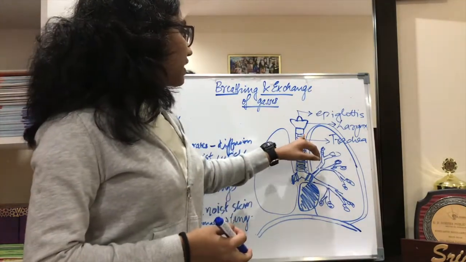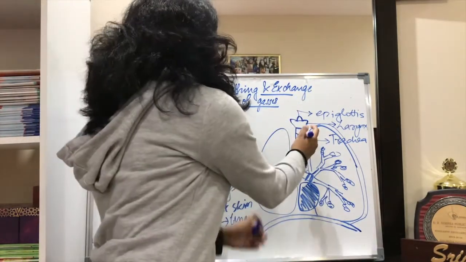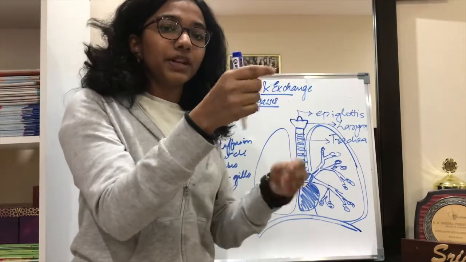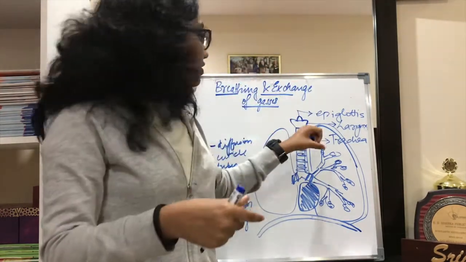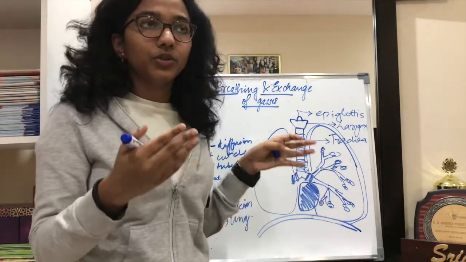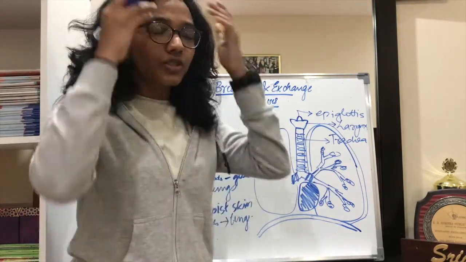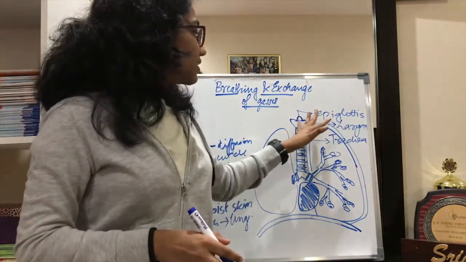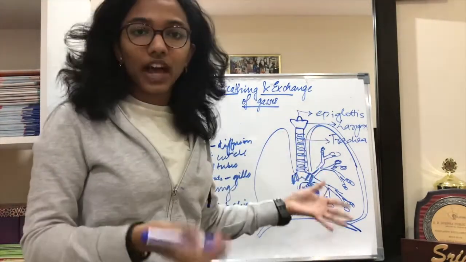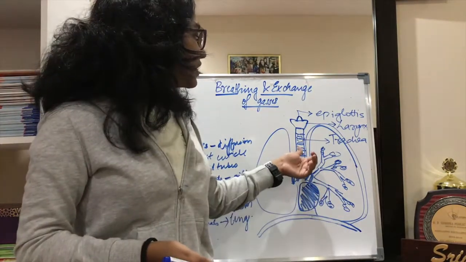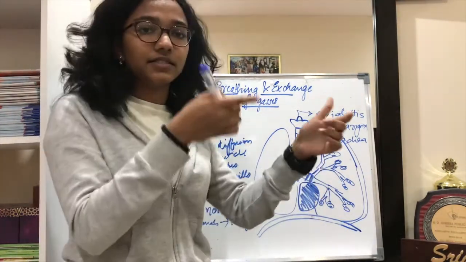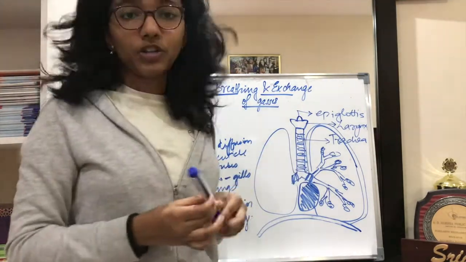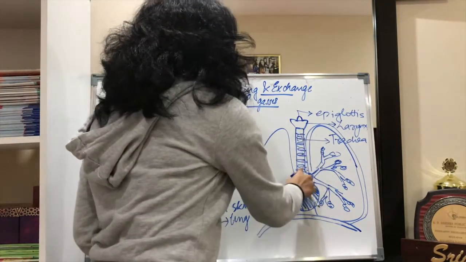The windpipe has several cartilaginous rings, meaning C-shaped rings. On the front side there are rings and at the back it's open. So these rings help the trachea to not collapse because respiration is based on pressure differences. So there is a high chance that this entire system might collapse due to pressure differences. So these C-shaped hyaline cartilaginous structures help the trachea from collapsing. Now this is the main trachea.